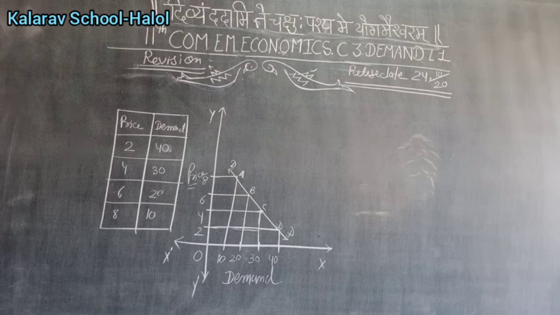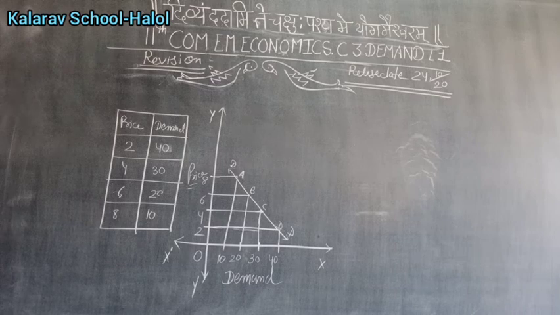Next, prestigious goods. Goods consumed by rich people to enhance their social status and prestige are called prestigious goods, like a good brand car. For this kind of commodity, a slight rise or fall in price does not influence the demand. Their demand is likely to remain unchanged or increase when their price rises or falls.